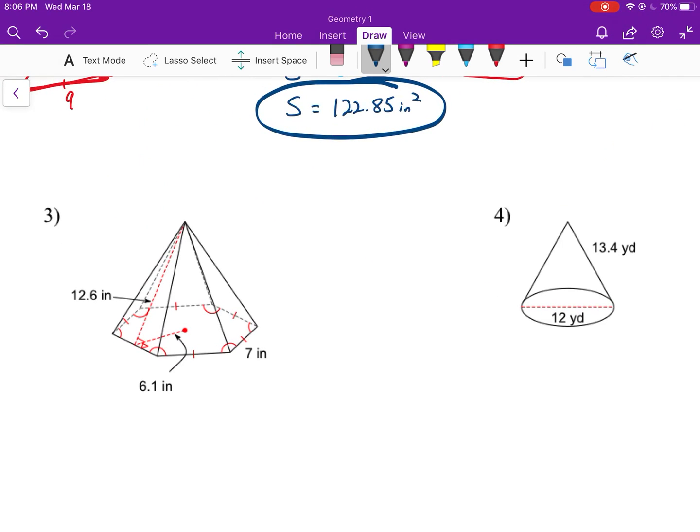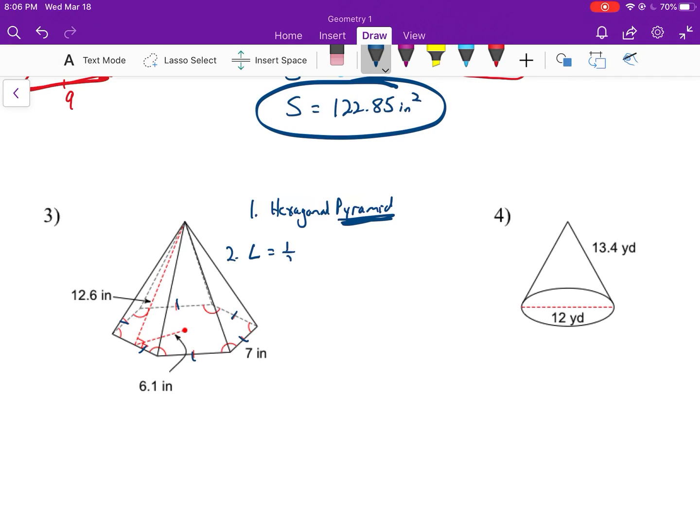So again, follow those different steps. Write down the type of shape. So 1, 2, 3, 4, 5, 6. This is a hexagonal, and this is a hexagonal pyramid. So it's a pyramid. So we know lateral area